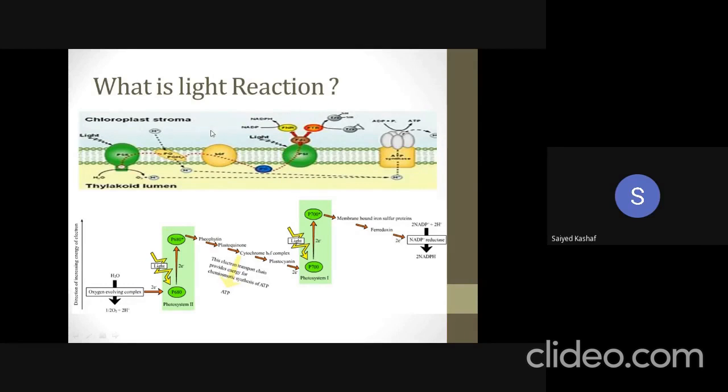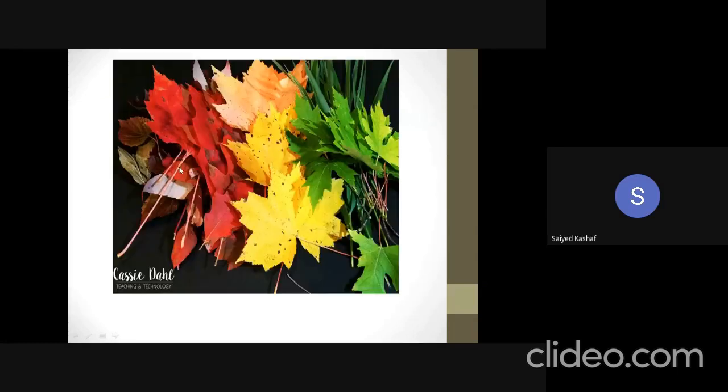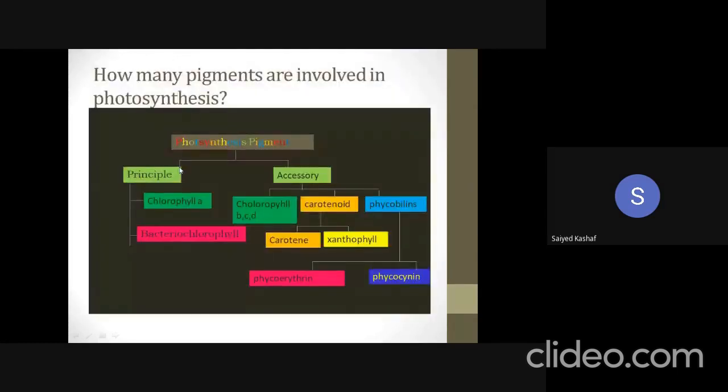So before understanding and before proceeding with the light reaction, we should know the exact structure, right? So we know that the membrane of thylakoid consists of PS1, PS2, cytochrome b6 complex, coupling factor, and light harvesting complex. So we know that these are some of the pigments which are localized at the PS1